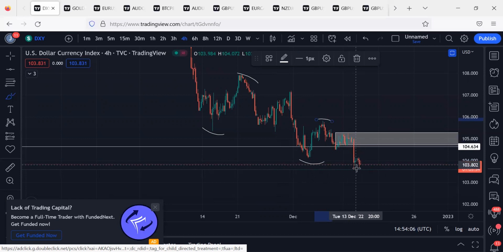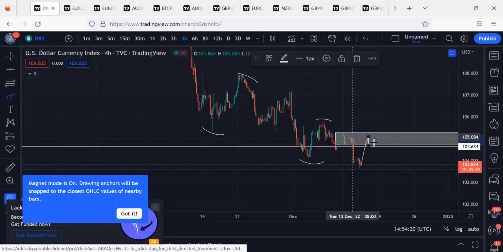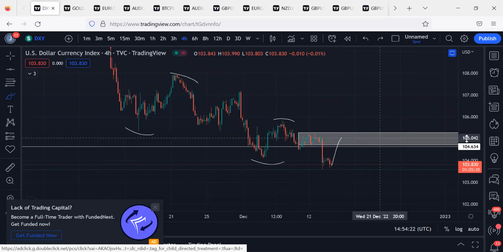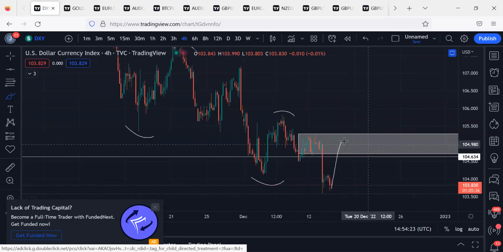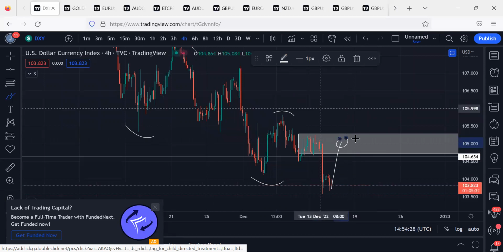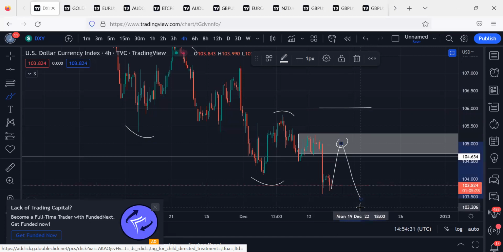So whatever I'm looking at right now is the market retracing back to our supply. If I find anything like a rejection candle, an evening star, or any chart pattern, just go and study chart patterns, any chart pattern at all, here on my 4 hourly or my 2 hourly, before I take a trade, I put my stop loss above here, then we can start getting on that trade again. So this is what you should be looking at right now with DXY.